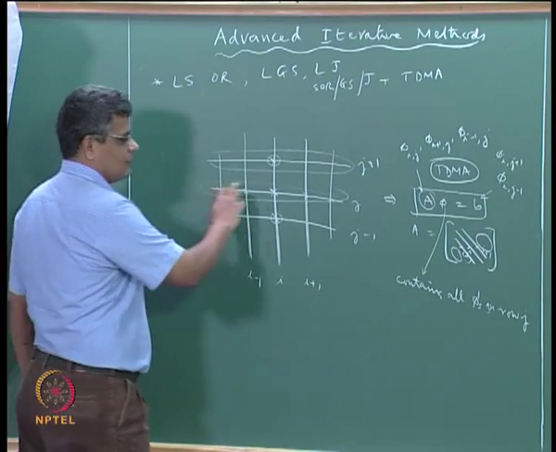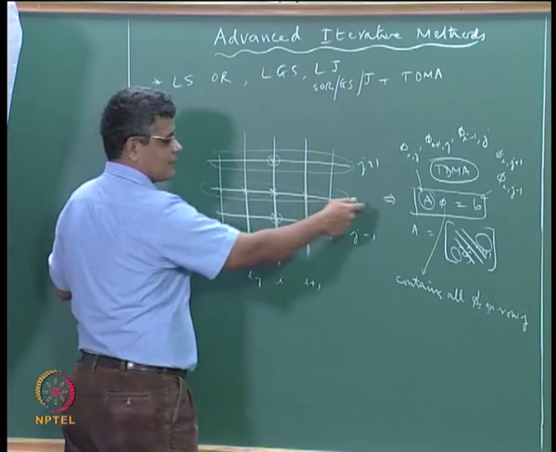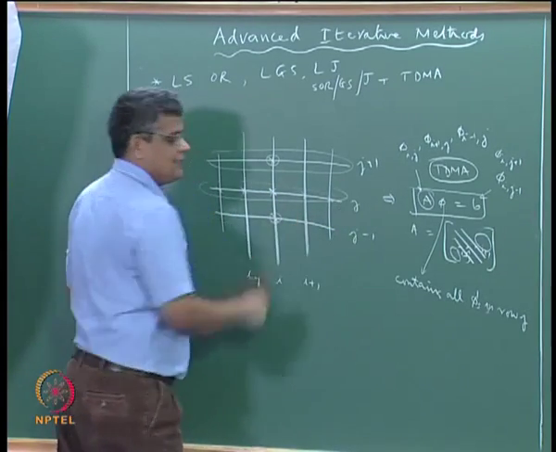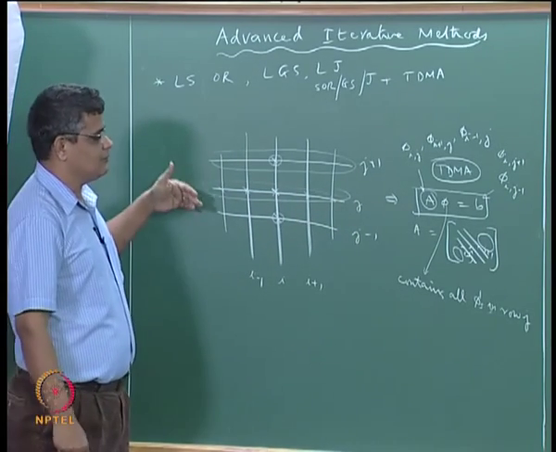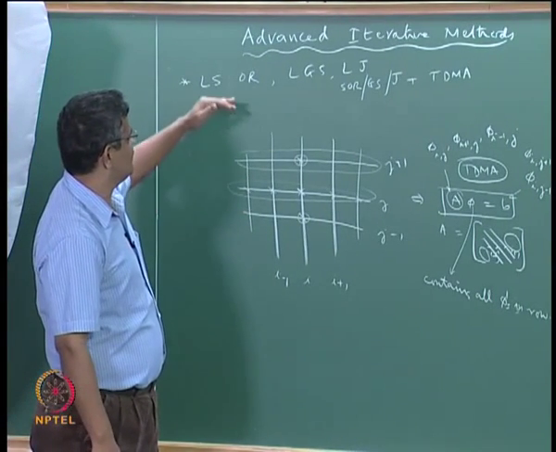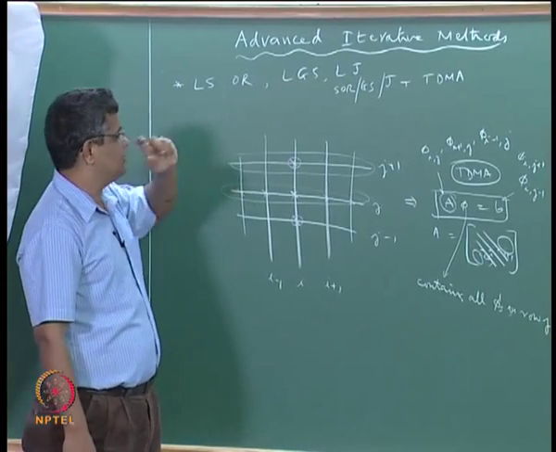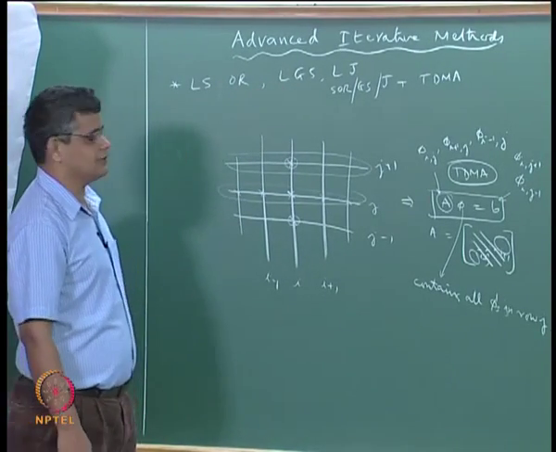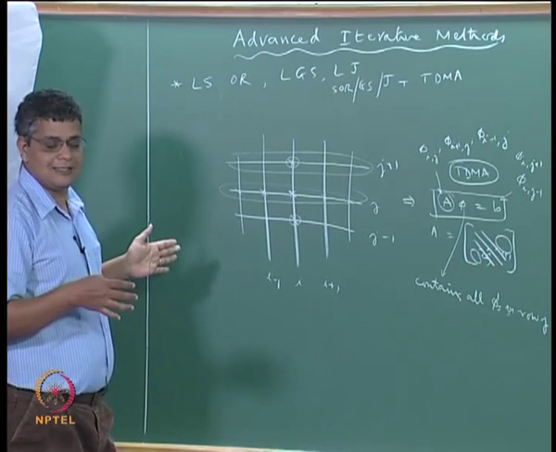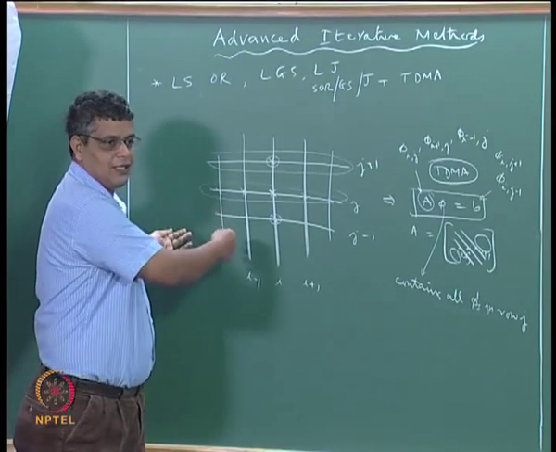In the case of line evaluation, the information of the left boundary and right boundary is essentially instantaneously known to all the points in this, and that would improve the rate of convergence. Okay, that would improve the overall rate of convergence of the line SOR, line Gauss-Seidel or line Jacobi as compared to the standard Jacobi or Gauss-Seidel method or SOR, because the constraint of the boundary condition is transmitted faster in the